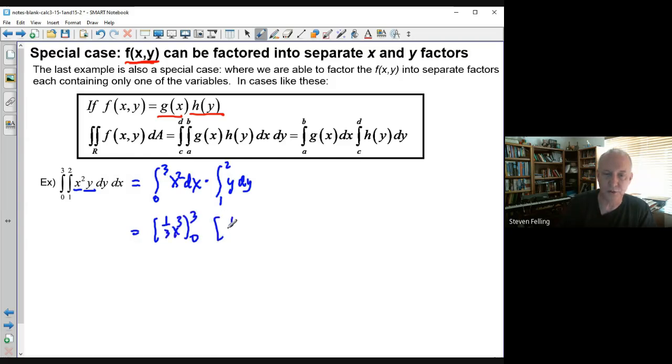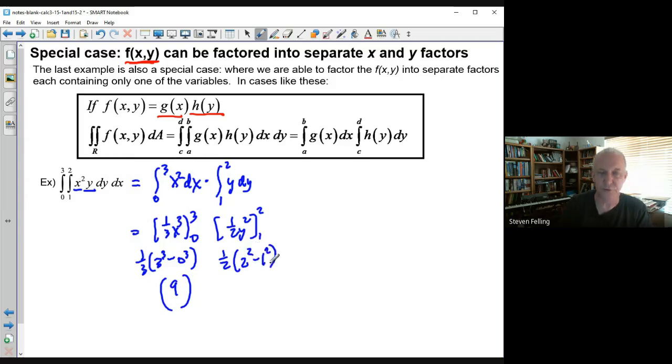This one would turn out to be 1/2 y squared evaluated from 1 to 2. So you would get 1/3 times 3 cubed minus 0 cubed, which is, let's see, 3 cubed is 27, divided by 3 is 9. And then this part over here would be 1/2 times 2 squared minus 1 squared, right? Which would be 4 minus 1 is 3, which is 3/2. And so that ends up being 27/2,